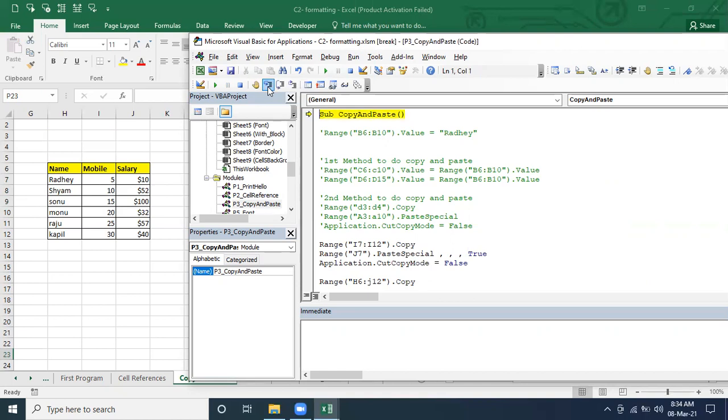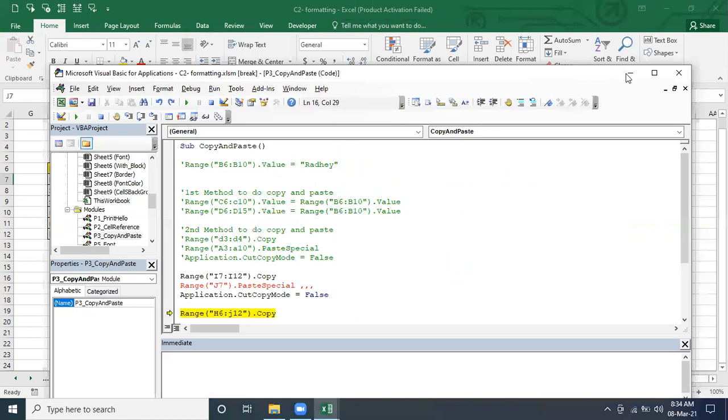You don't have the time, that's the reason I'm not going to do it. Where is it going to paste? J7. Where is the J7? It is there itself. Okay, we can't do it now. So I did one small mistake here. We have to change that to something like J7. See, it's pasted here only. So we have to change it somewhere. It copied this range only, correct or not? And it's pasted here itself in transpose options.